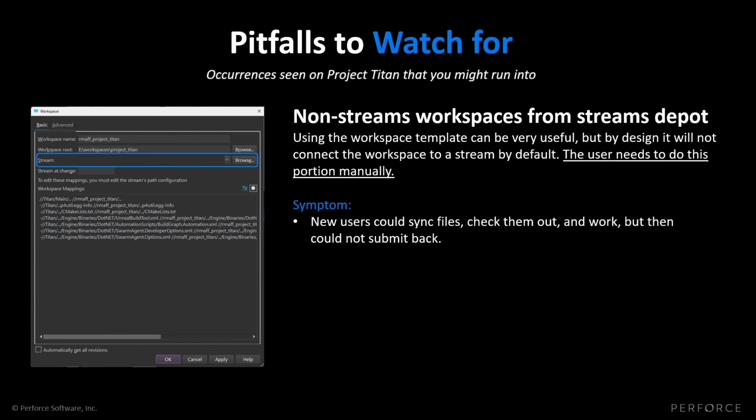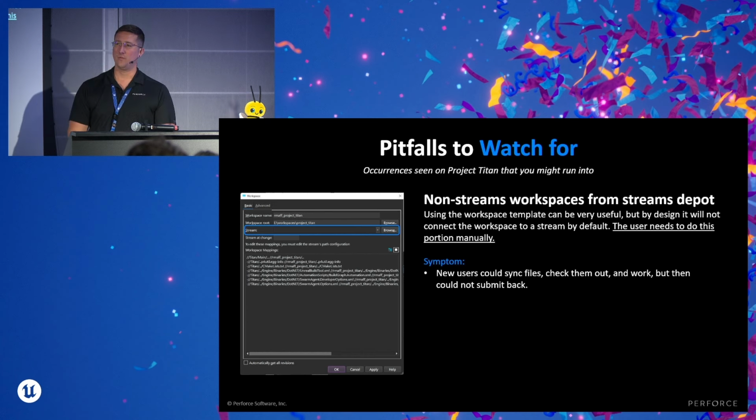So one that we had kind of right out of the gate is we were trying to make things as easy as possible for folks to set up their workspaces, get running, download the data, and start to build things out. And so we ended up using in P4V and Helix Core, you can set up a default workspace template. And so we defined all that in a template. So whenever they made a new workspace, it would point them to the right area, fill out their workspace spec as we expected. However, by design, that template doesn't actually fill out that streams field,